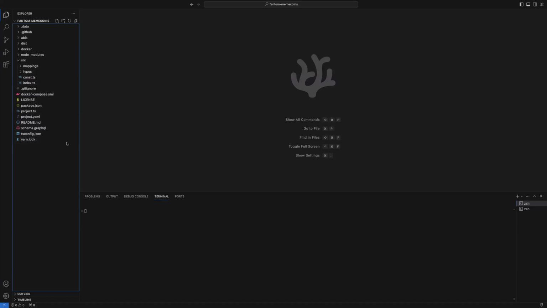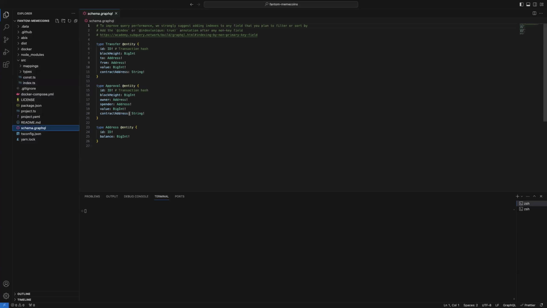So there are three types of files that have to be configured. As I said, first of all is the schema file. What is a schema file? Schema is a manifest of entities that will be queryable. So here we essentially define the API interface, and the application will only be able to query those entities from this project.